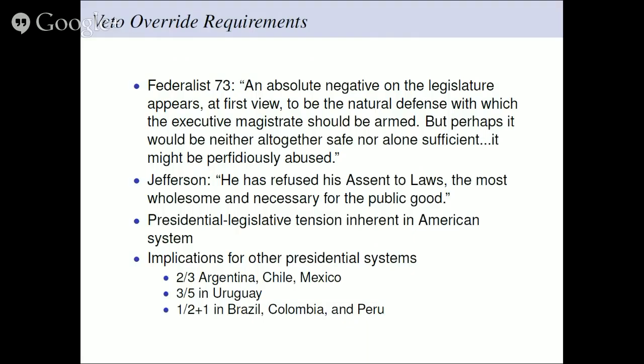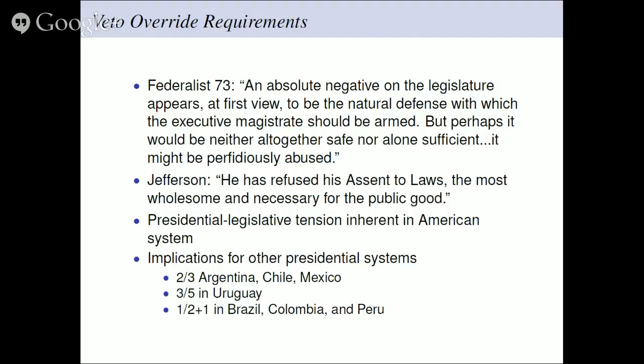And of course, the framers not only had experience with the king, they had experience with colonial governors at this time who represented the crown, who exercised vetoes of varying strength. And this made them suspicious of allowing the president to have an absolute veto, or a veto that was too easily enacted, or a veto that was too difficult for the legislature to overcome. So again, there's this inherent tension in presidential systems, and there's an inherent tension in American political thought between the